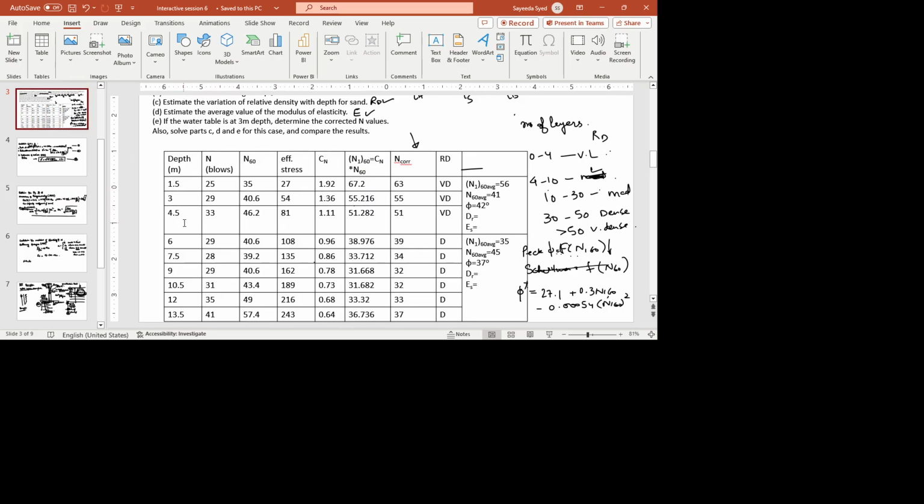This is 0 to 1.5, 4.5 minus 1.5 over 2. So it will be 1.5